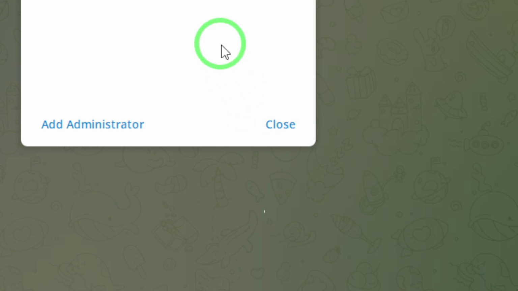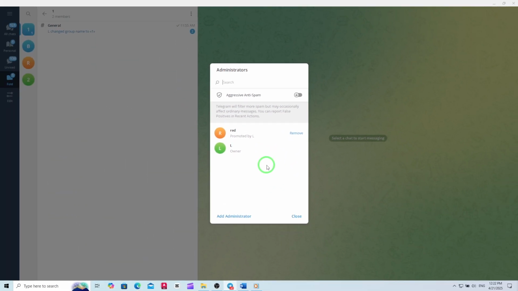That's it. You've successfully allowed another admin to manage topics in your Telegram group. This feature is perfect for keeping large groups organized, letting discussions stay focused, and making sure every subject has its own space. With the right permissions, your team of admins can keep conversations tidy and engaging for